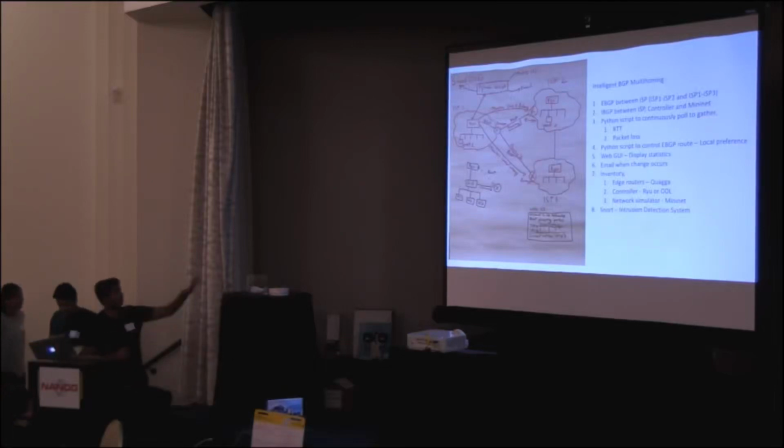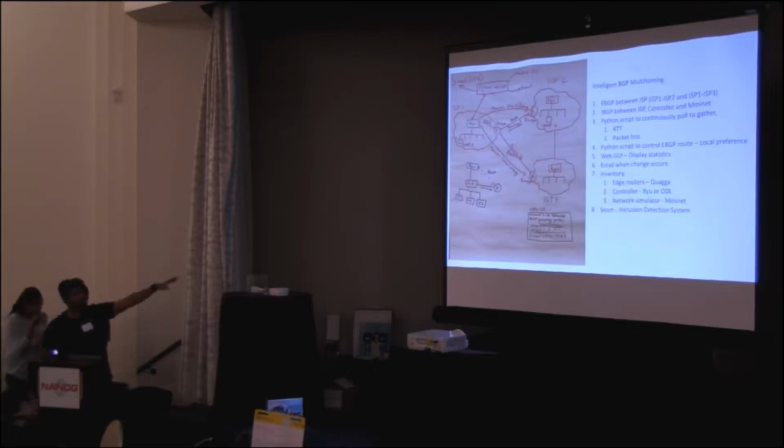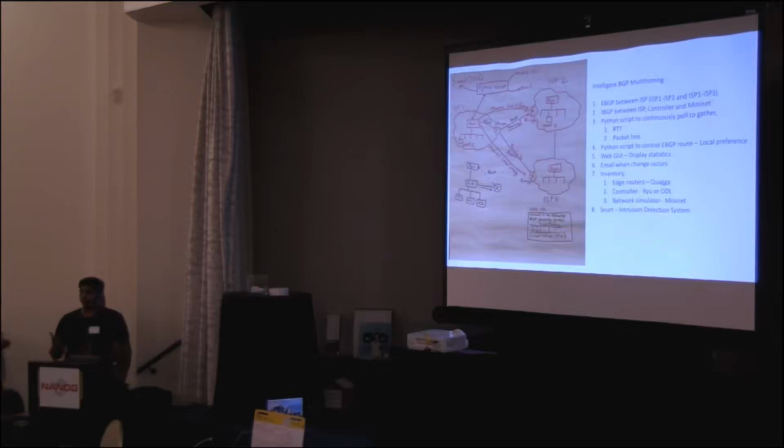So what we did was basically, you can see three ISPs over there. That's ISP1, ISP2, and ISP3. And we are using a RYU instance or ODL instance as controllers. And then we are using Mininet in order to simulate the topology. And the Mininet would have the hosts and the OVS switches on them. And you can see that topology as a diagram over there, considering RYU as a controller, virtual switch, and then